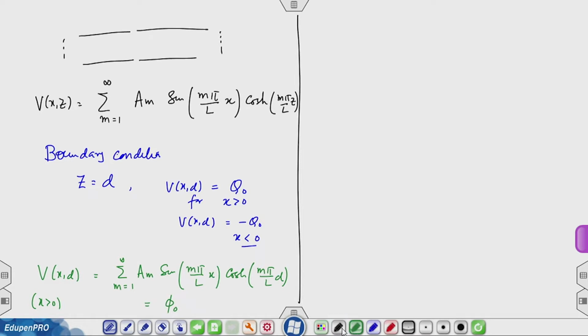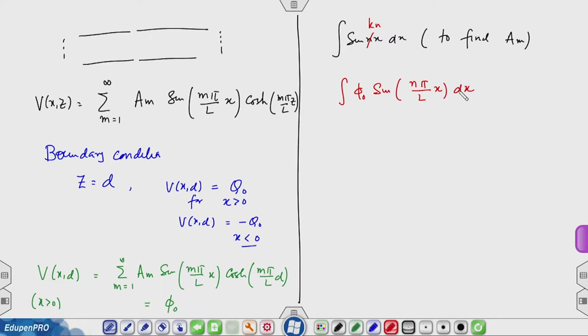Now, let me multiply by sin k n x on both sides and integrate to find a m. When I do that, I get integration phi 0 sine of, not n x, this is k n x. So, this is n pi over L x dx 0 to L